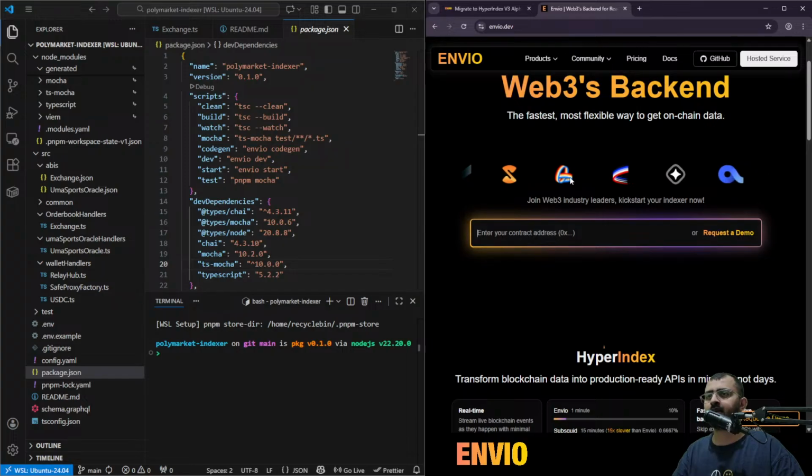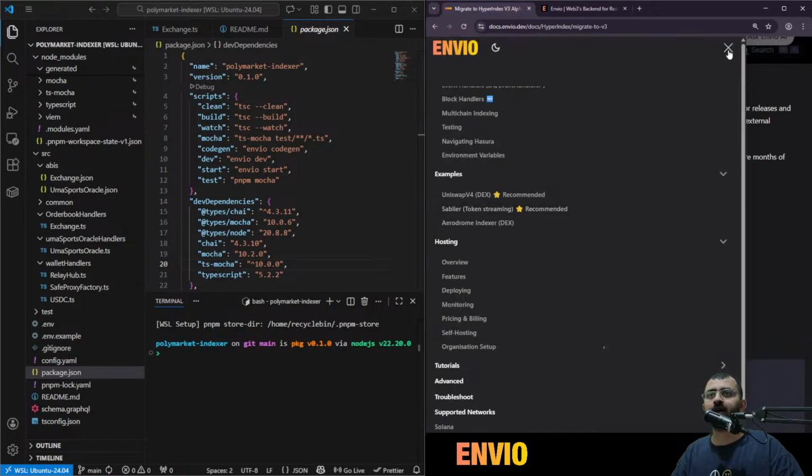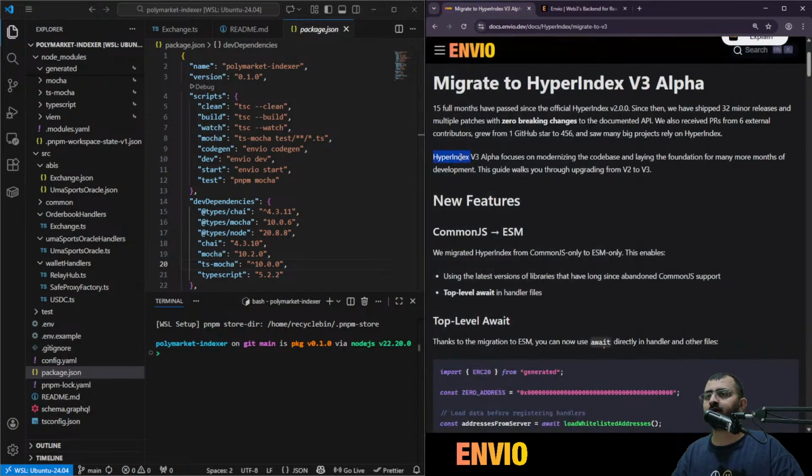I guess this is Aerodrome and Velodrome, Beefy. Yeah, this is Genesis Pay. So there are a bunch of big projects using us. Now let's go. HyperIndex V3 Alpha focuses on modernizing the codebase and laying the foundation for